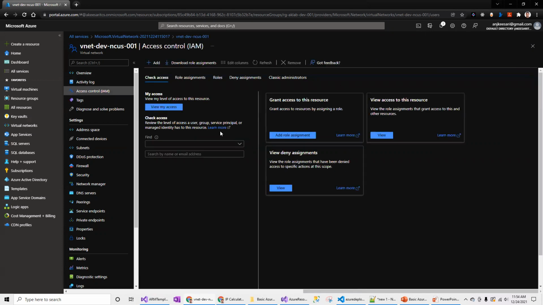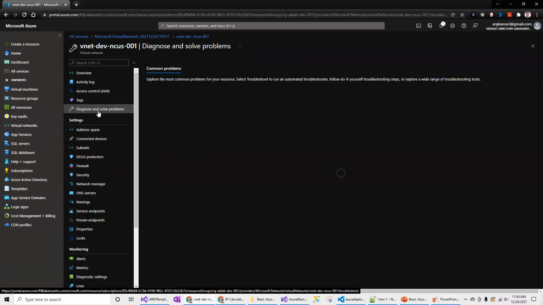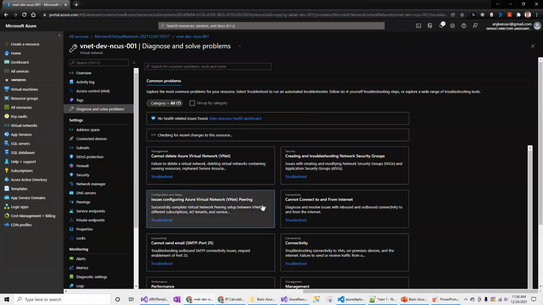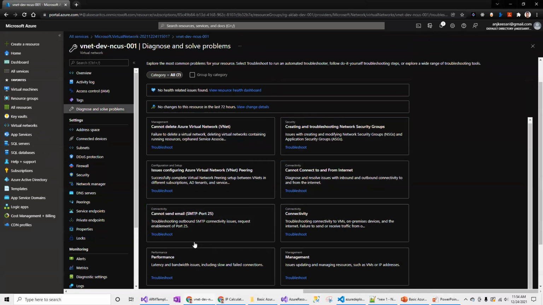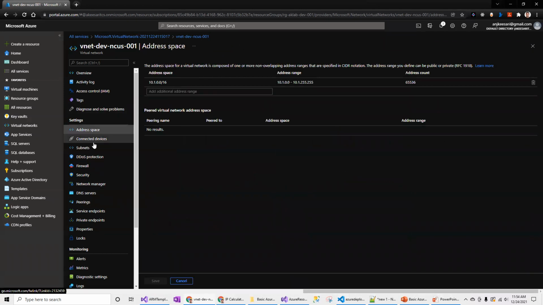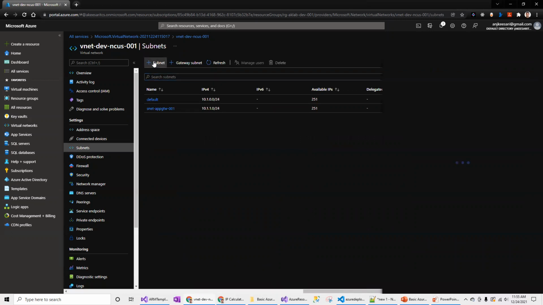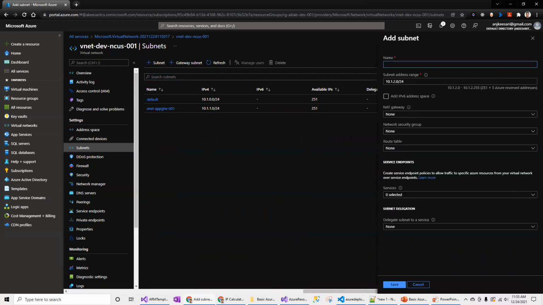And then, as I mentioned, IAM access control will be used for the RBAC purpose. You can look at the tags and add new tags if you missed anything. And this is diagnose and solve problems. If you are debugging any issues with the networking, you can look at this. So this is something we can look at later. And the address space, you see showing the 65,000 range. And if I want to add remaining subnets here, I can go and add the remaining subnets.